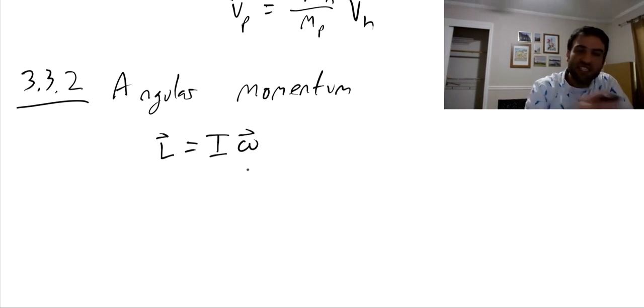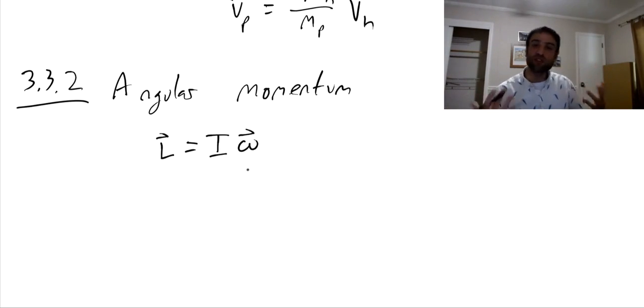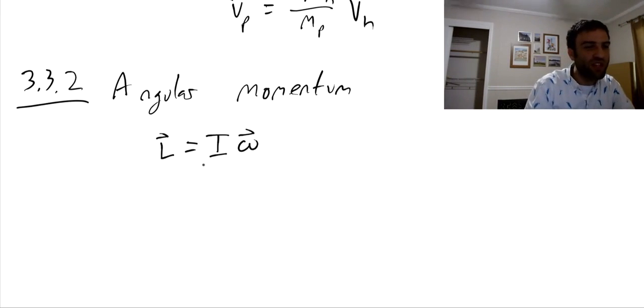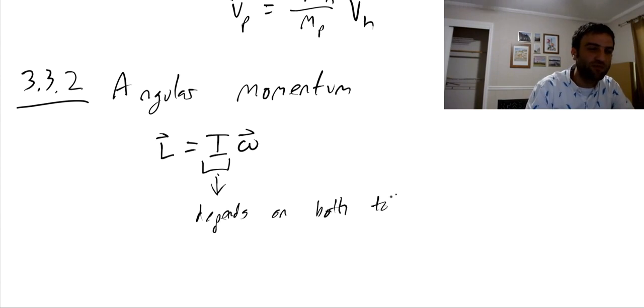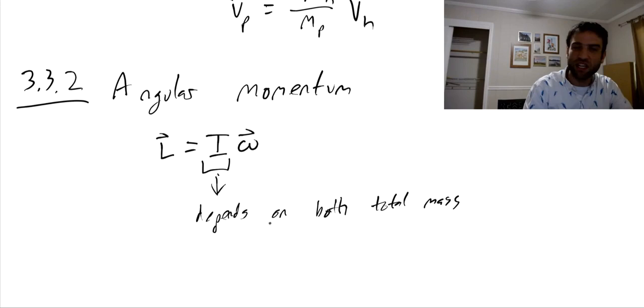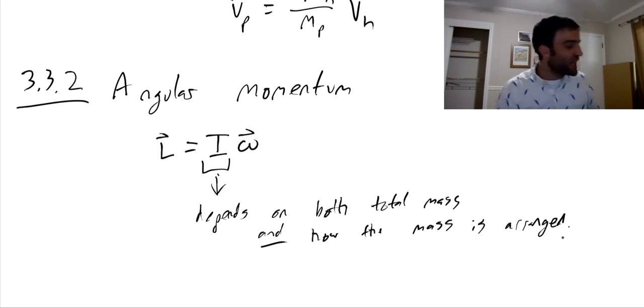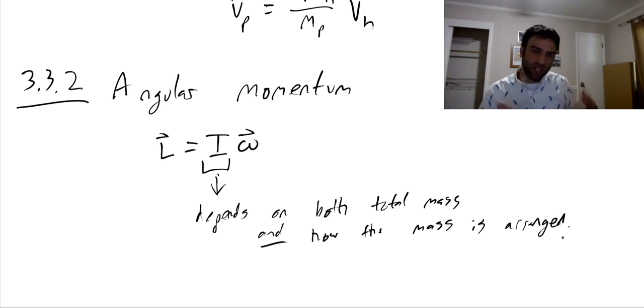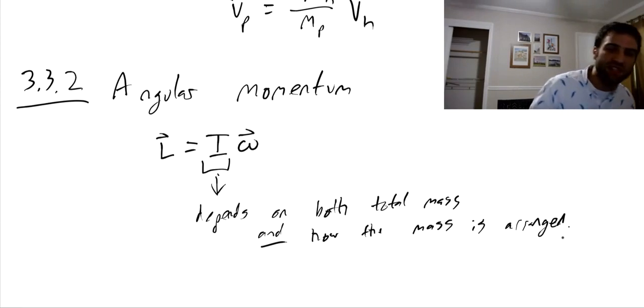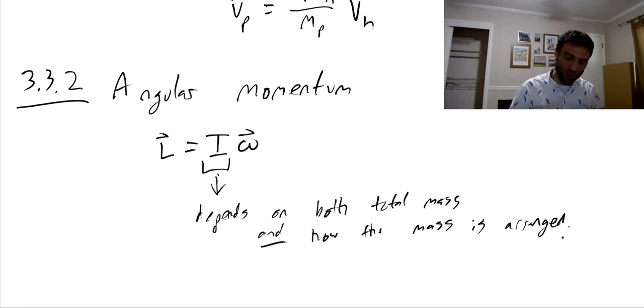Now, a classic illustration of an example of conserving angular momentum is one that relies on the fact that angular mass is something that depends, remember, on both the total mass of an object and how the mass is arranged. Right? And we haven't written down any formulas for how you determine this moment of inertia, this angular version of mass, but one thing that I can tell you is that, for instance,